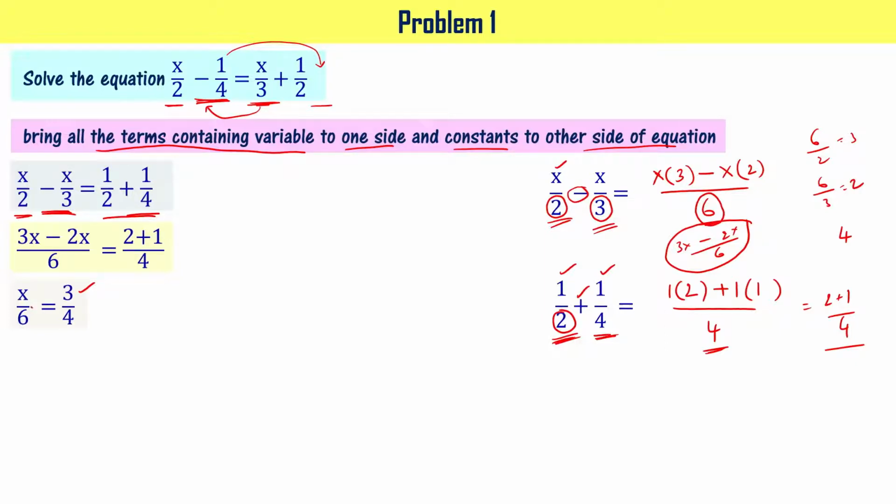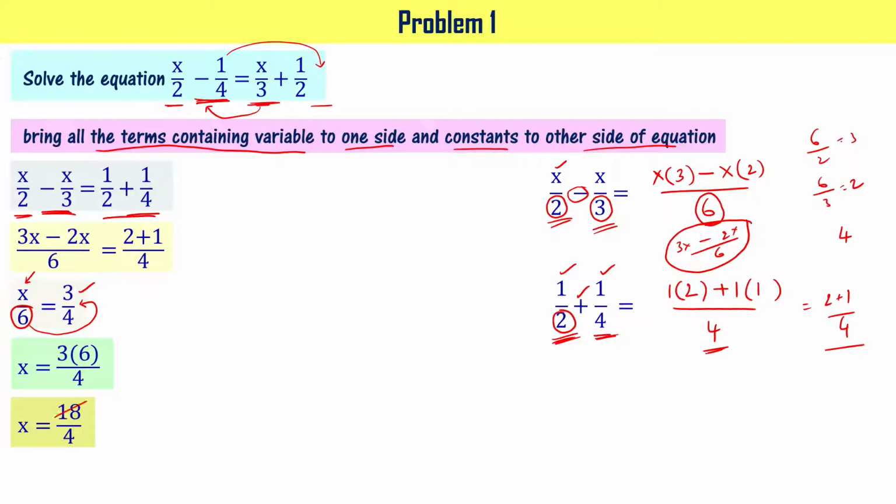Now observe this, here I have 6 in the denominator, right? I have variable x. To get the value of x, what I have to do now, I have to take this particular 6 onto this side. When we do that, we say that it is transposing 6 from LHS to RHS. When you do that, since 6 is dividing x on this side, it is going to multiply 3 by 4. So let's write that. X equal to 3 times 6 divided by 4. That is 18 by 4, right?